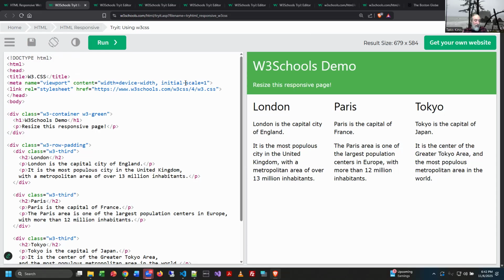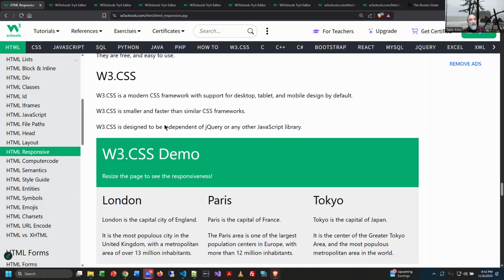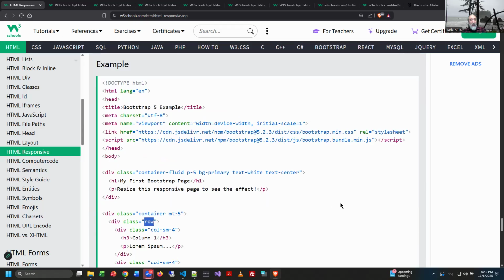So W3 basically noticed that there were all these people creating these grid systems, and they came up with their own called W3.css. That is strictly based on CSS. There's no JavaScript involved, right? I don't see this one as being as popular as Bootstrap or as Flexbox or as CSS Grid, but it's out there, and I'm just pointing it out to you guys. If you guys want to explore it, that's on you, right? So I'm not going to require you to do anything with W3 CSS or with Bootstrap, but I do want to put them